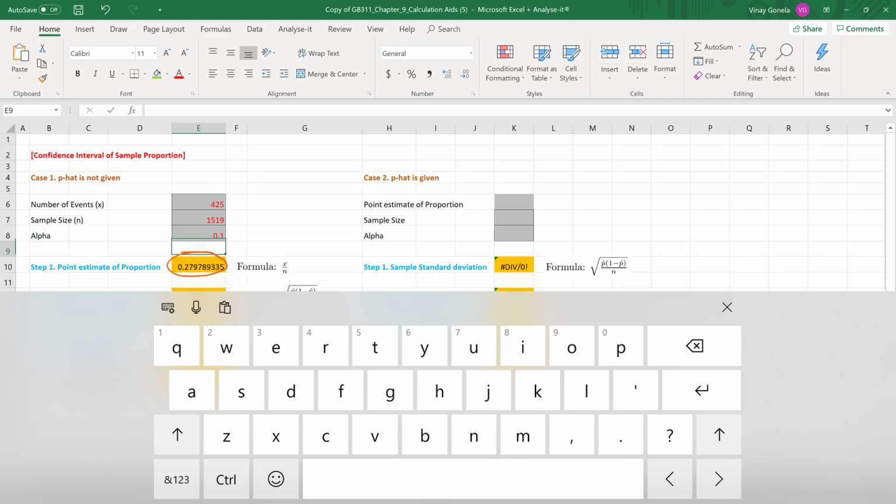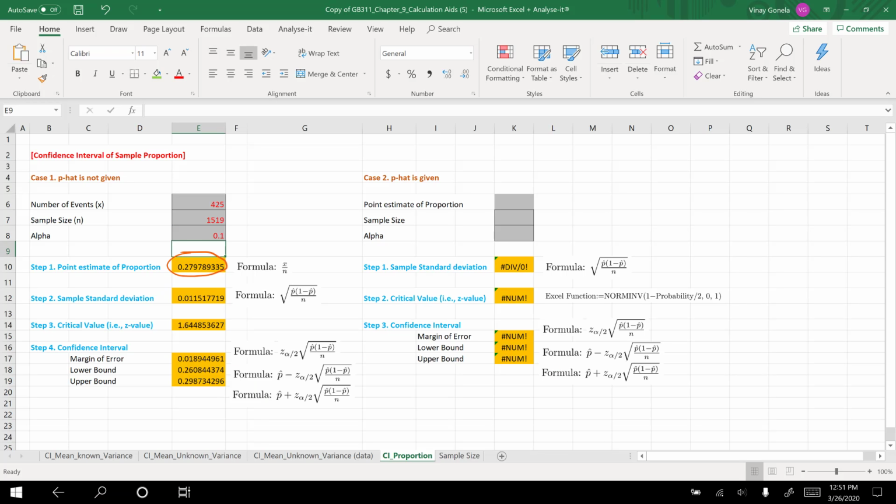and hit enter. You will get your lower bound. Again, you will have a sample standard deviation. This sample standard deviation is also called sample error or standard error. So this whole thing is also called standard error. So critical value is 1.64, margin of error is 0.0189, lower bound, again this is what we are interested in,